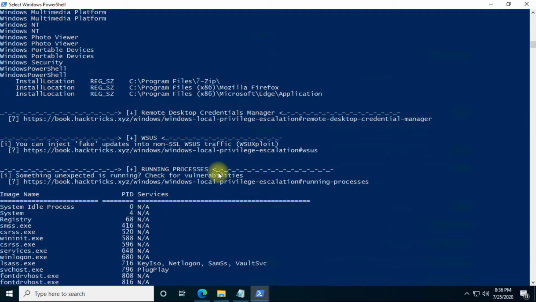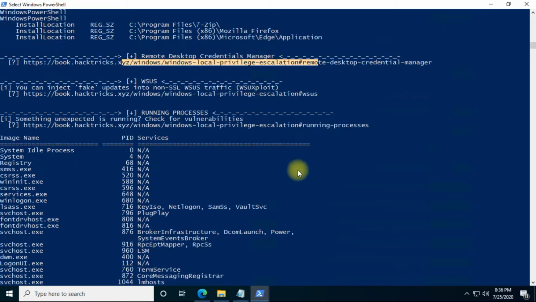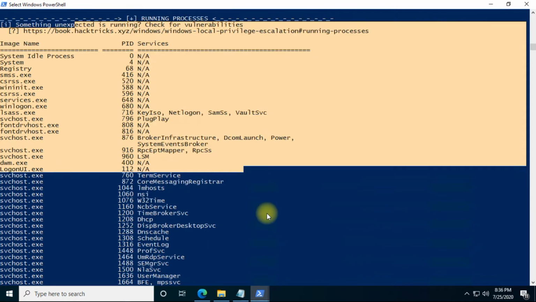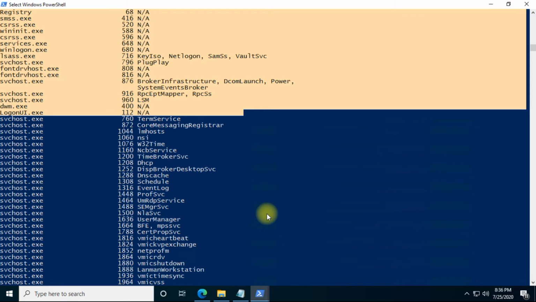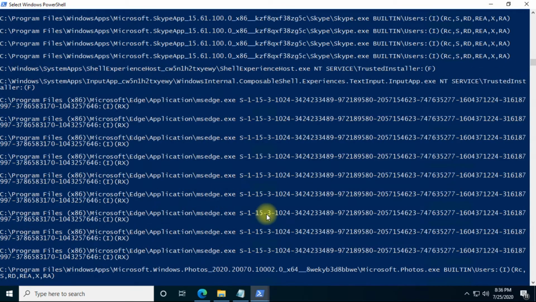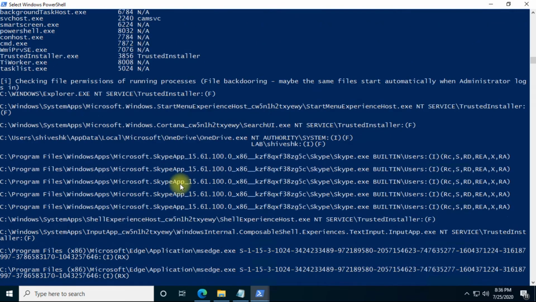Most of the time, if a vulnerable service is running on your system, you can exploit that service to reach local privilege escalation. Besides that, a lot of information like permissions: whether we have any permission to modify the content of a file, and as per the user rights, whether we can do that or not. Those things we can get this way.